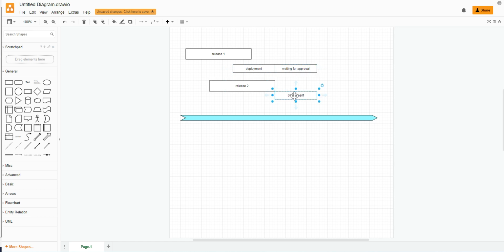Once this deployment completes, there could be a stage where it again has the wait for approval state, and at that time your earlier job will start, continue, and complete. So this is how it works.